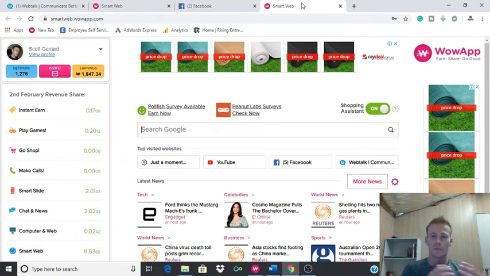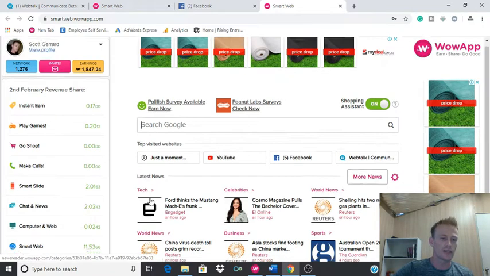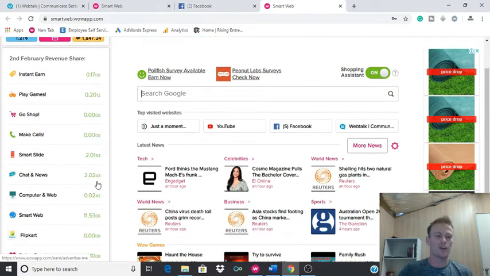It's got a lot of members. It's pretty big, okay? But it's more of a messenger service. This isn't a social media platform, so this isn't going to keep people on all day, okay? So you can see here, I get paid for chat and news, all right? So if I click on chat and news, that's my earnings there, but that's not me because I don't read